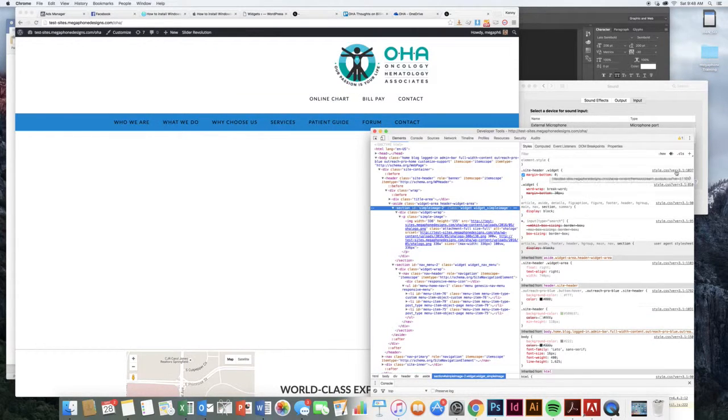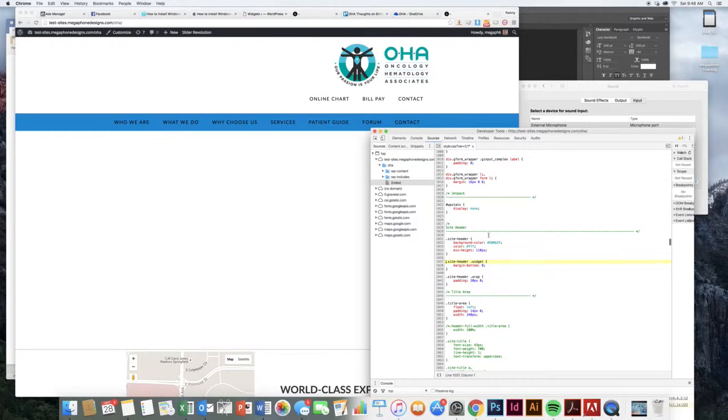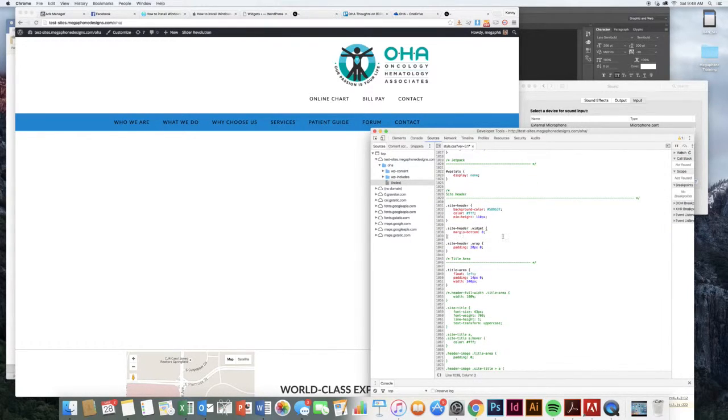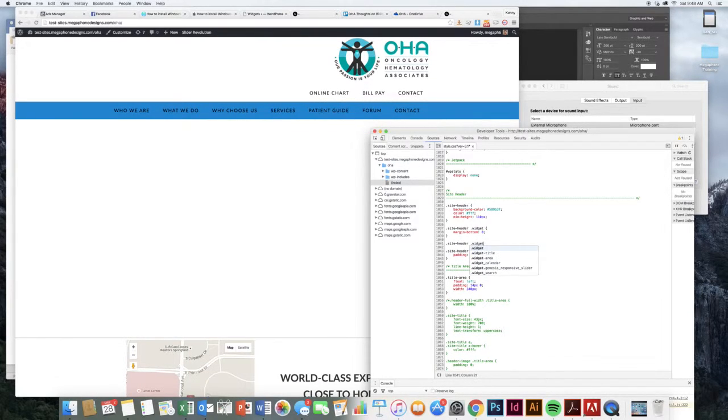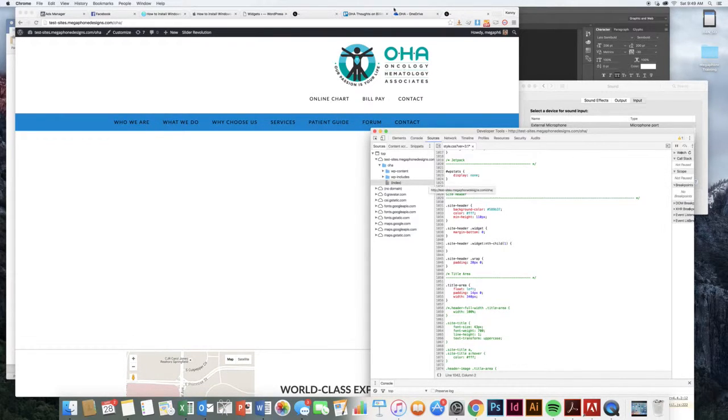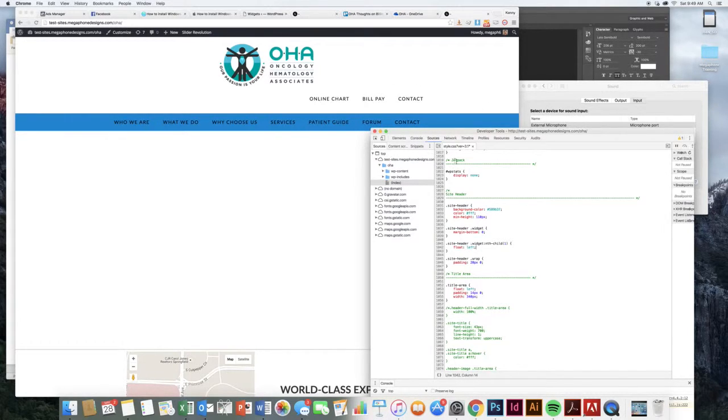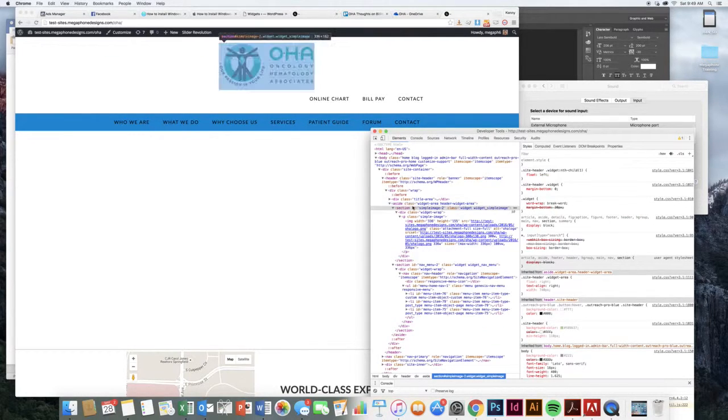So we go into here. You can do it from right here down in the widget area thing. I end up normally more typically going here, but it really doesn't matter. Okay, so we have site header .widget nth-child 1, and that's going to be our logo. And so we're going to say float left, and then we're going to have number 2, and we're going to have it float right, and it's not looking at all correct right now,